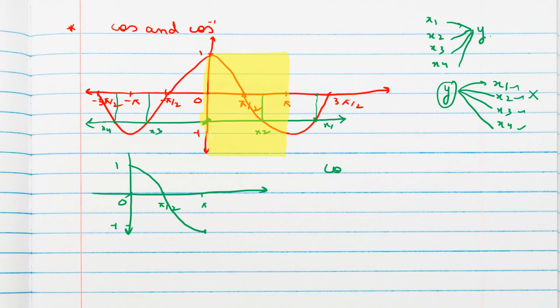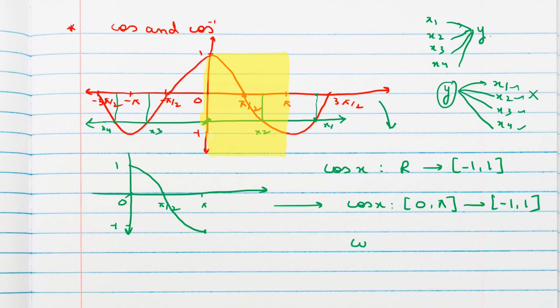So before, we had the cos x graph from minus 1 to 1. This was the domain and range of this particular graph. Now we restricted. So for restricted, domain is 0 to pi and range is the same, minus 1 to 1. Okay. Now we can interchange the domain and codomain to find the domain and range of inverse trigonometry, minus 1 to 1 to 0 to pi.